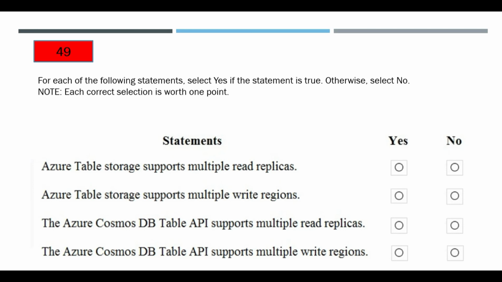If you see here, you have multiple statements and we need to mark yes or no. So similar questions, the format is exactly the same in the real certification exam. So this is the question which I got in my exam. So one key thing that you have to remember is this is a very good question which gives you a differentiation between a table storage and a Cosmos DB table API. So the key difference here is